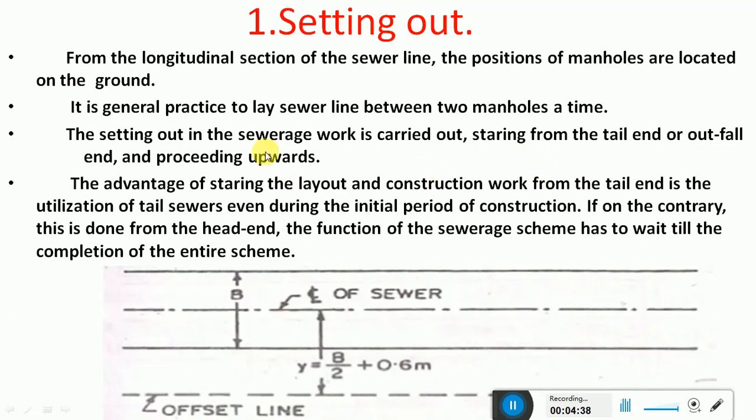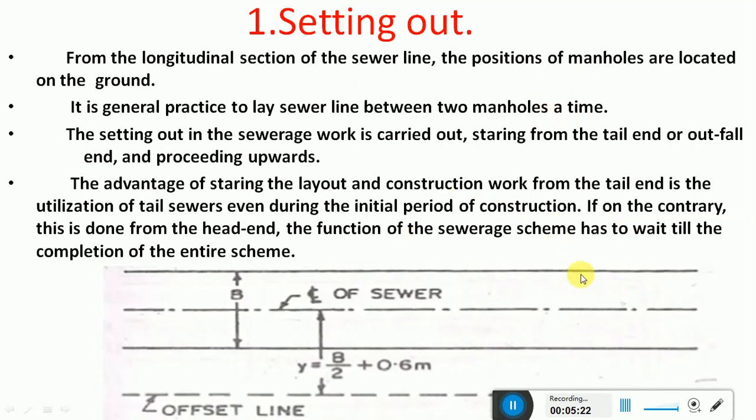Usually the excavation is carried out starting from the tail end or the outfall end of the sewerage system, so that if any new area or development comes up, it can also be connected to the sewerage system. If you start from a built-up area, you may have another area coming up due to industrialization or growth. That's why the excavation works always start from the tail end and are then connected to the sewerage system. Otherwise, if a new area comes up after the period of construction, they would again have to wait for the completion of the entire system.